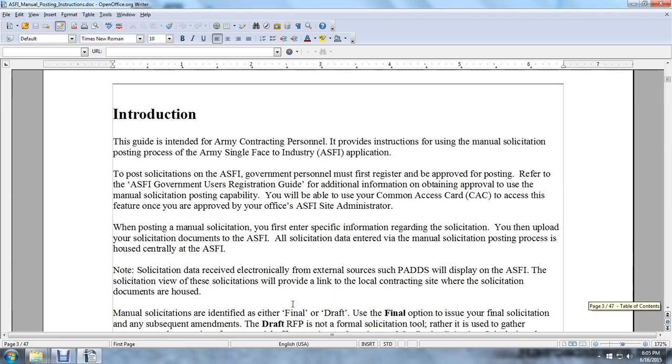When posting a manual solicitation, you first enter the specific information regarding the solicitation. You then upload the solicitation documentation to the ASFI Army Single Face Industry. All solicitation data entered in the manual solicitation posting process is hosted centrally at the ASFI Army Single Face Industry website. Solicitation data required for the electronic external source of the procurement